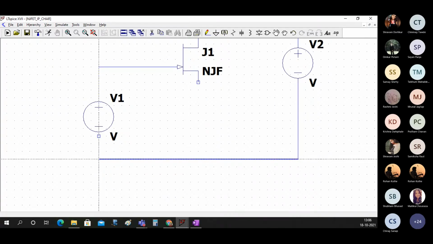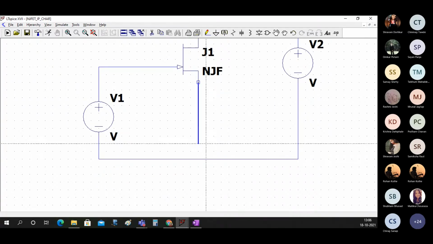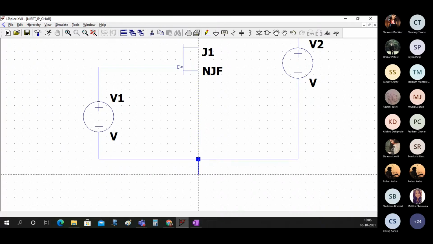You may just join like this, and from this point you specifically put a ground here like this.